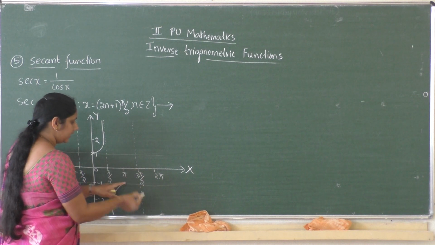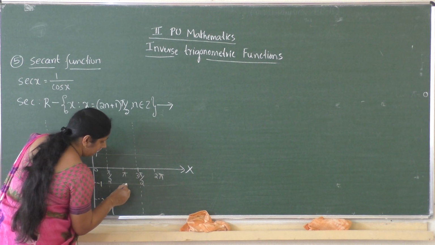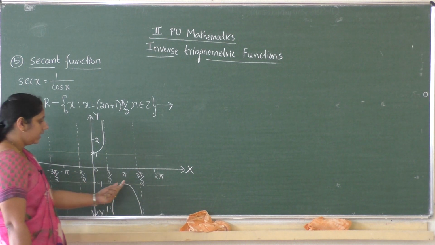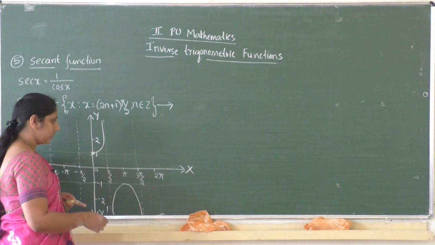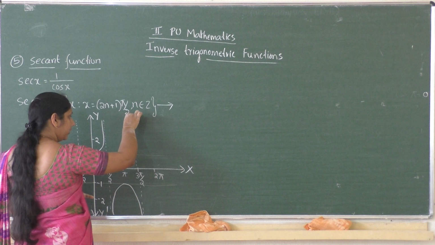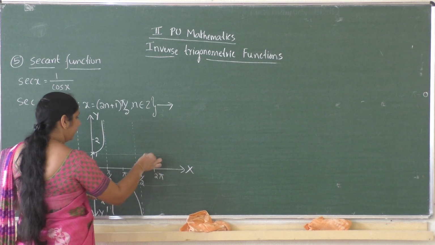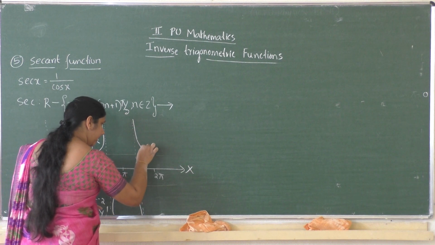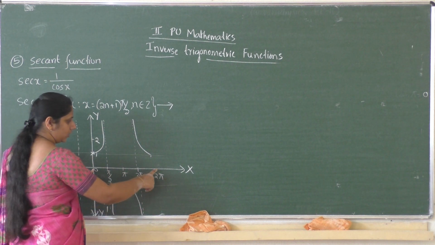Again third quadrant, sec negative, again 3 pi by 2 means minus infinity, so again graph decreases from minus 1 to minus infinity. This is regarding the third quadrant. Now what about fourth quadrant? In fourth quadrant sec is positive. At the value 3 pi by 2, sec 3 pi by 2 will be not defined. So you have to start from here, and at the value of 2 pi, value will be 1. So graph should gradually decrease from infinity to 1. So this is the graph of sec function in 0 to 2 pi.